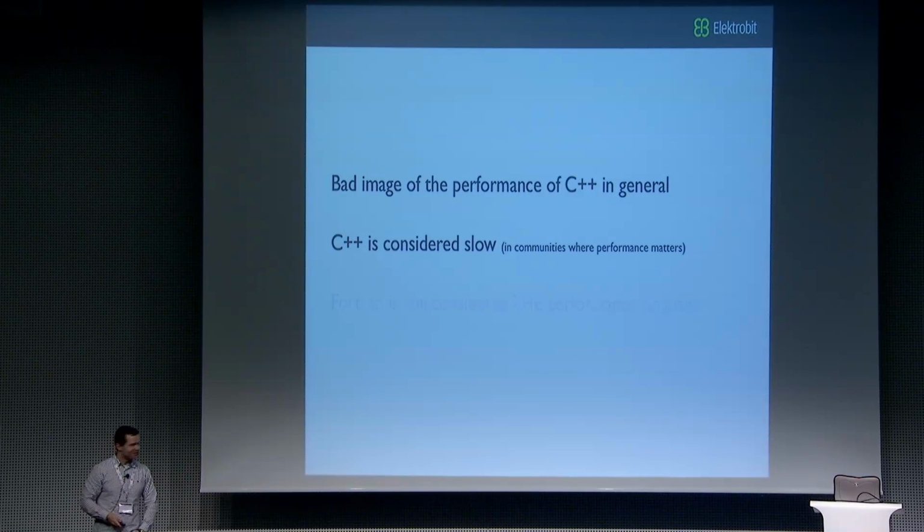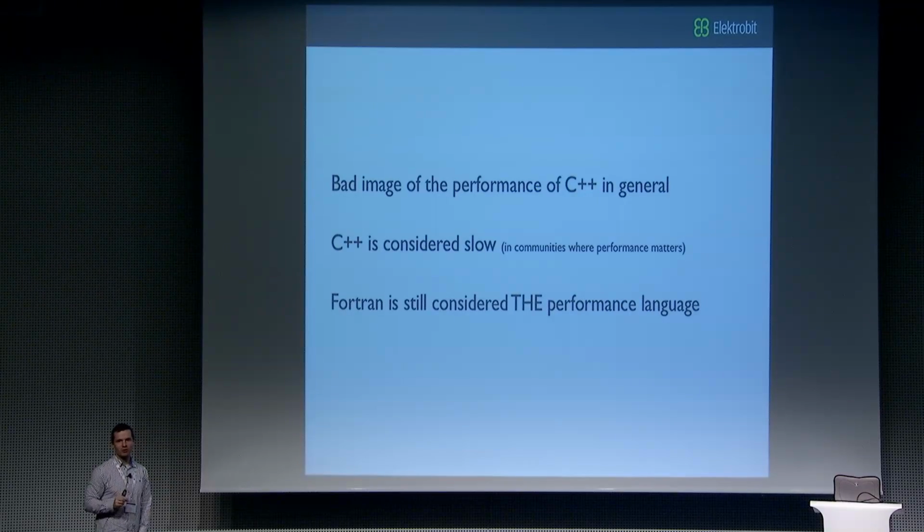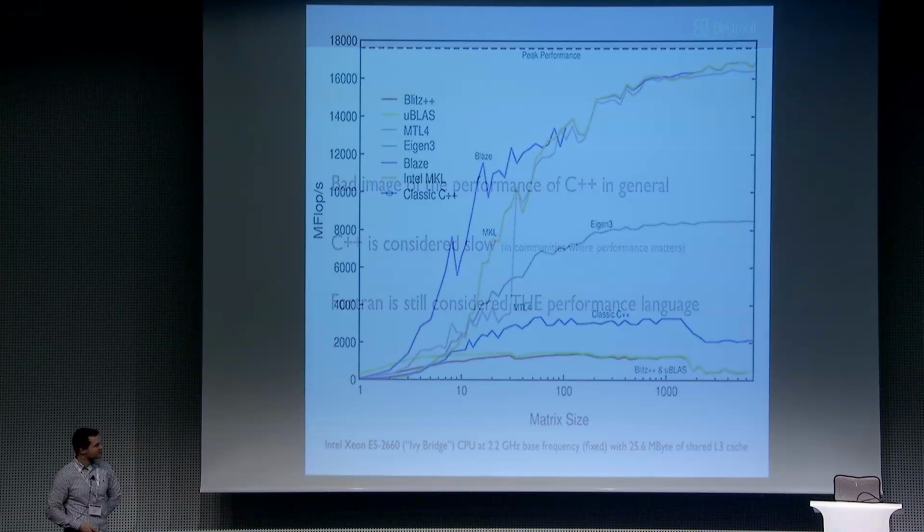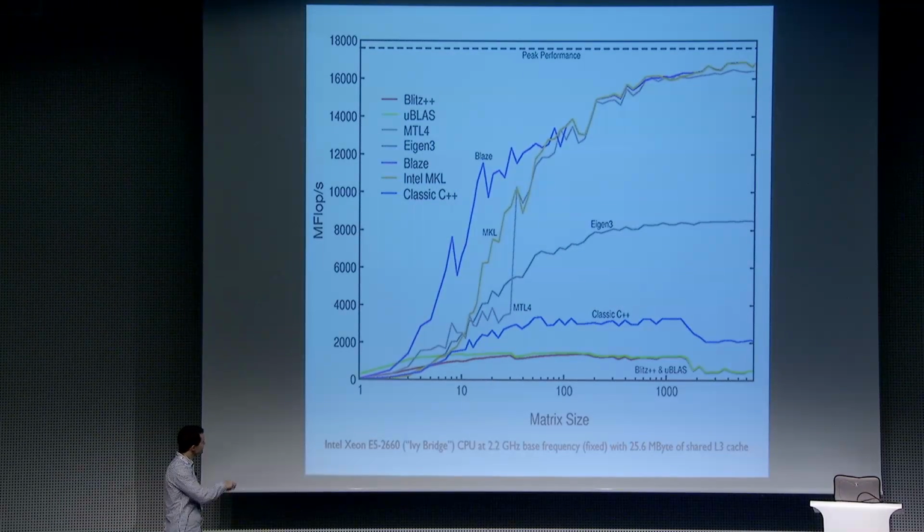And now back to your discussion. So Fortran is still considered the programming language if it's about performance, because Fortran doesn't allow you too much freedom. So Fortran is completely focused on data-driven development. However, you saw the result from this slide here, matrix multiplication. And you see that the MKL is probably a Fortran library, probably the low-level kernels in Fortran. What is in C or C++ is the interface. Eventually, you call some Fortran kernel. But you see, this library here is C++ only. And apparently, for small matrices, it even outperforms the MKL